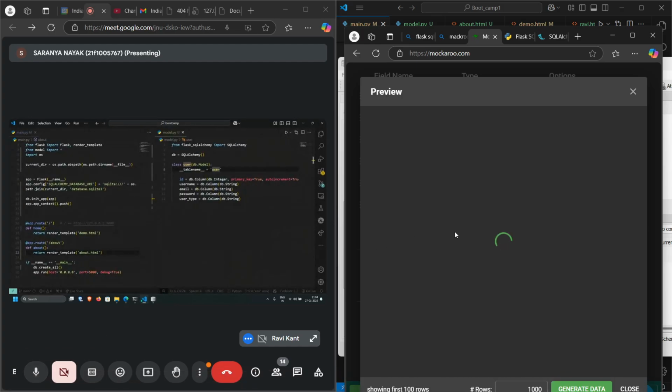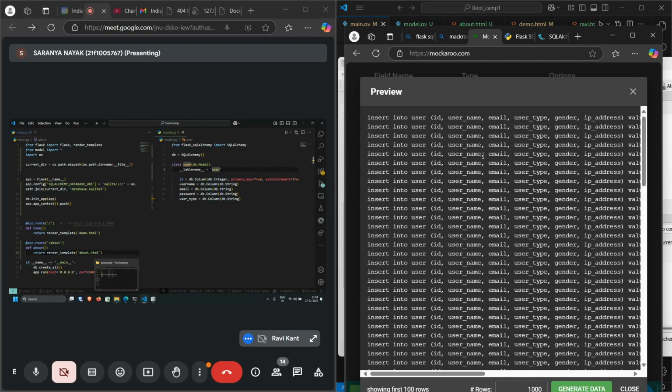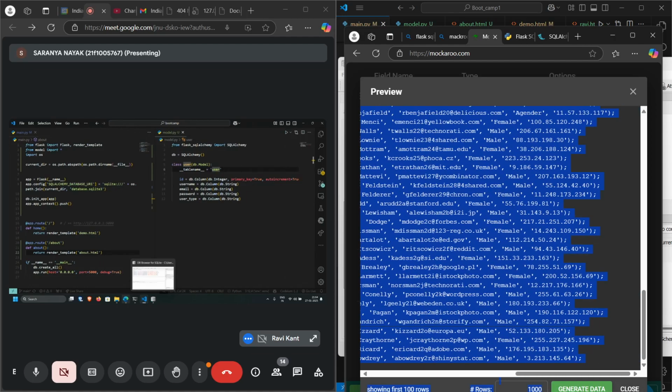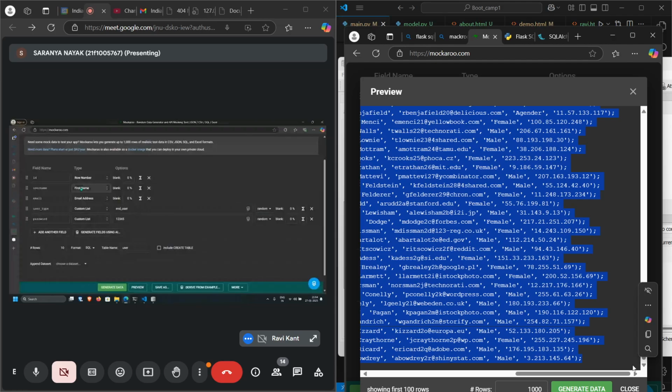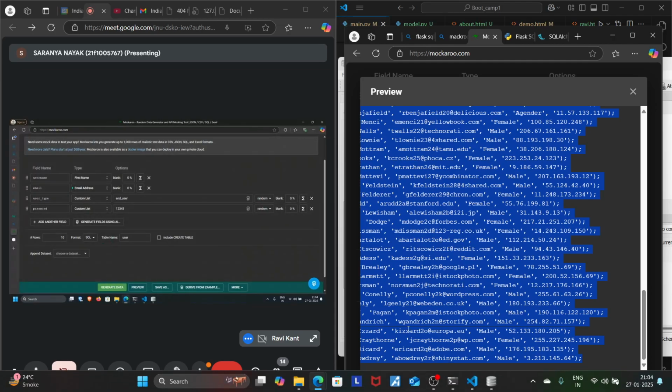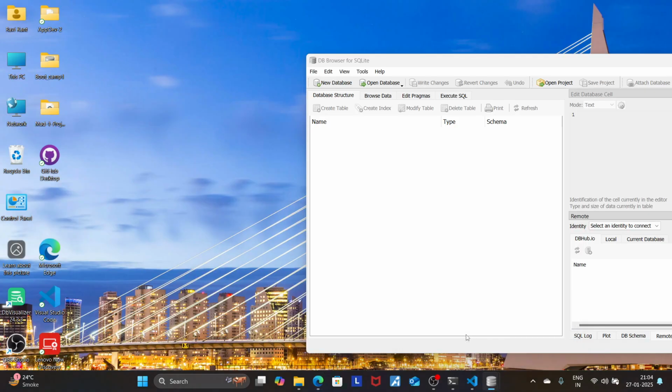Okay. One more thing, guys. What I forgot to mention is you don't need this ID, because your ID is already auto increment, right? So it will automatically generate the ID. So you don't need ID. You just need the name, email, user type, and password. So play around with this